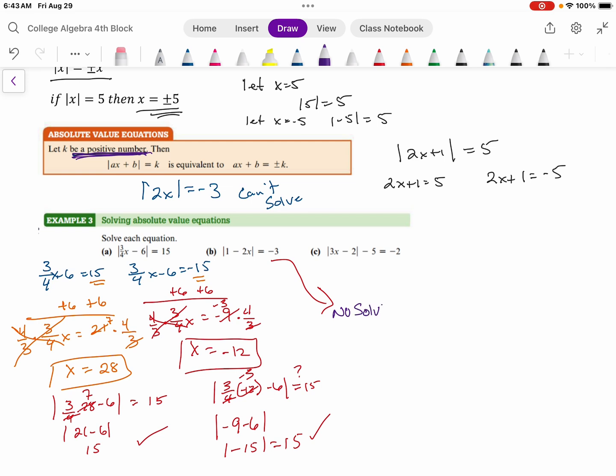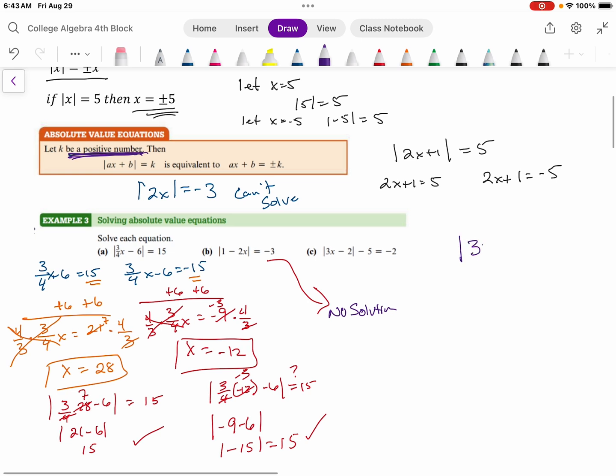There is no solution that will allow us to put a number in for x so that when we take the absolute value of it, it gives us a negative answer. Because when we take the absolute value of something, it's supposed to be positive. All right, so on C, as I try to give us some more room here,